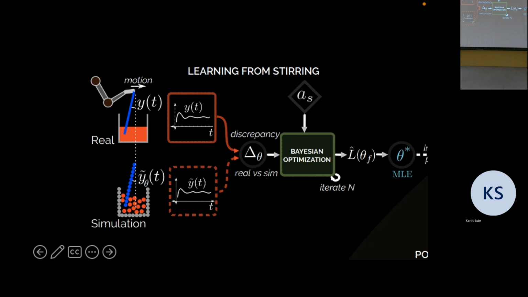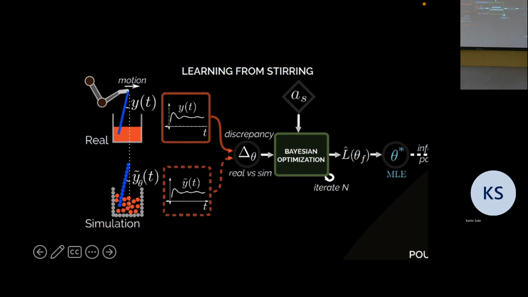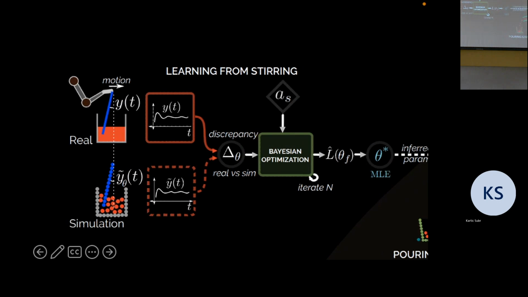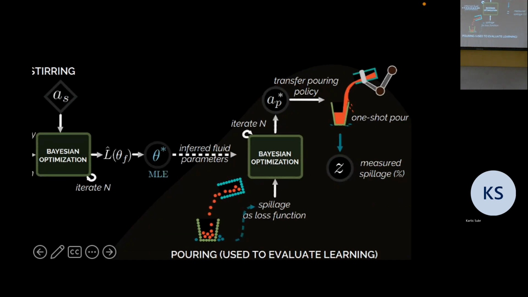Yeah. So after you learned the model, how do you plan for an optimal policy? Yes, so for the plan, we unrolled the simulation and then minimized. We just did a minimization of whatever the goal was. In this case, the goal was we want to minimize the spillage. So we unrolled several iterations of pouring, and we found the action policy that resulted in the lowest spillage. So we were actually learning the policy in this step. In the first step, we learned parameters. In the second step, we learned the policy. That makes sense? Any other questions?